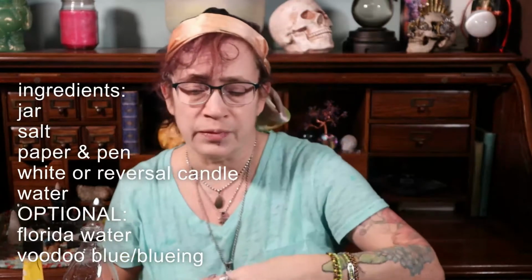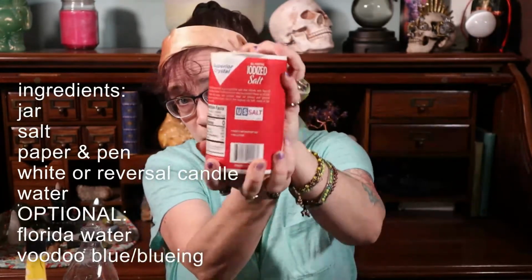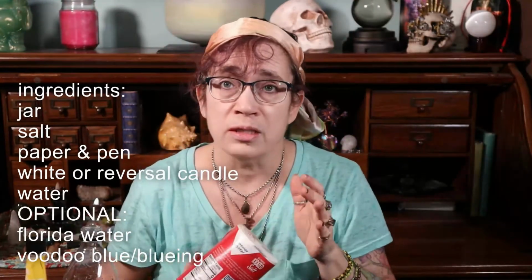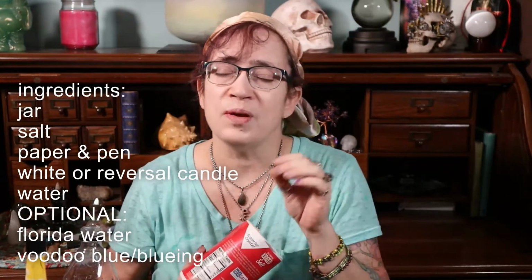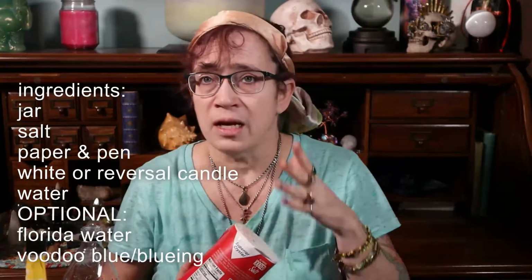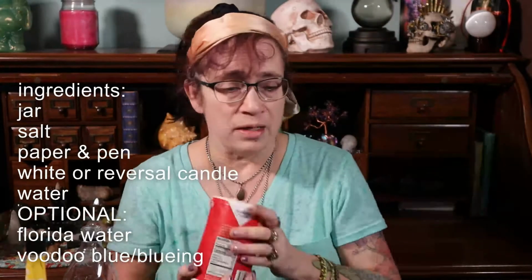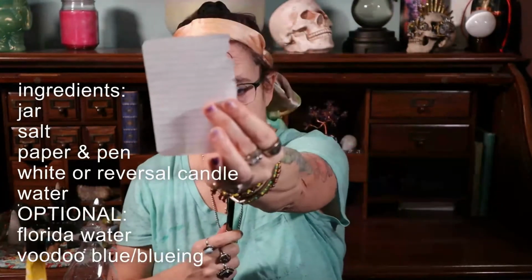You're going to need table salt, or you can use Himalayan sea salt, pink Himalayan salt, sea salt, kosher salt. You can even use black salt. So, salt of some kind, a pen, and a piece of paper,